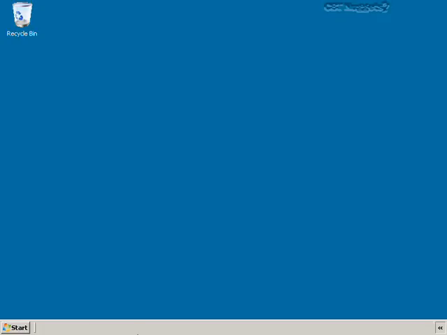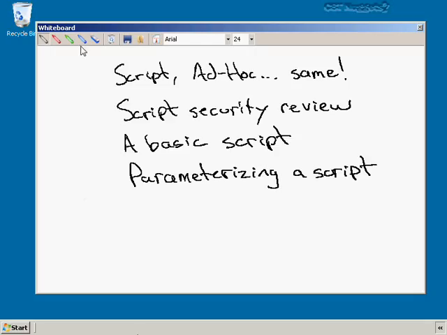Windows PowerShell scripts. In this nugget, we're finally going to take a look at scripting in Windows PowerShell. We'll start by looking at the fact that using the shell ad hoc, or from the command line, is exactly the same as scripting. And I'll actually demonstrate it to prove it. We'll take a very brief review of scripting security because it's such an important topic, and then I'll show you